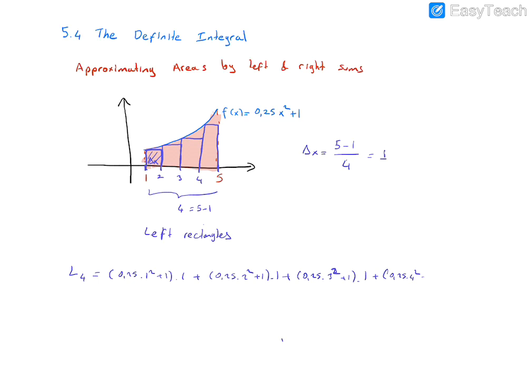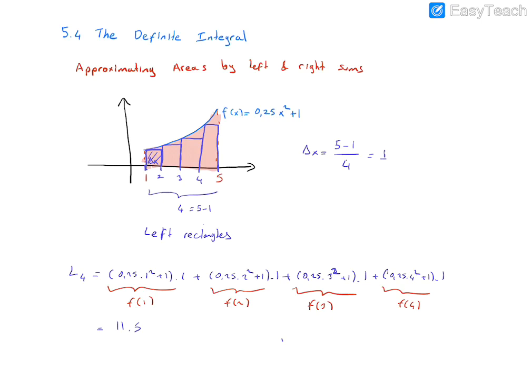0.25 times 4 squared plus 1 times 1. Here, this is the f of 1 value, this is the f of 2 value, this is the f of 3 value, this is the f of 4 value. You can evaluate these values and you will find the result is 11.5. Similarly, we can consider the right